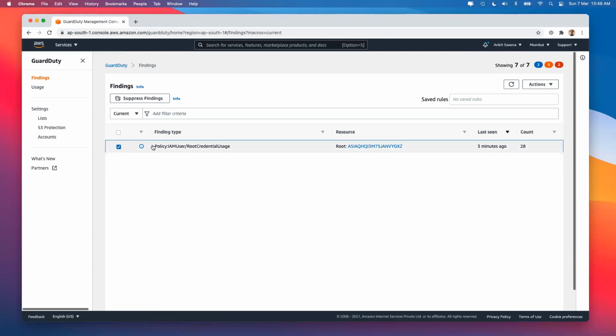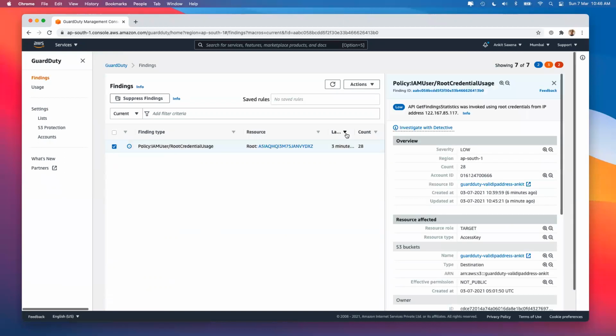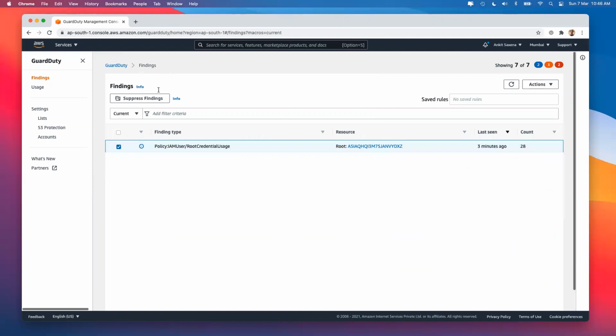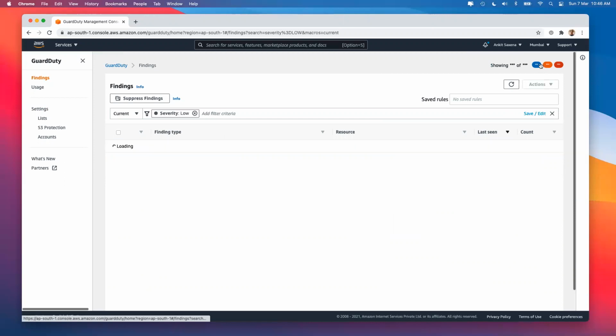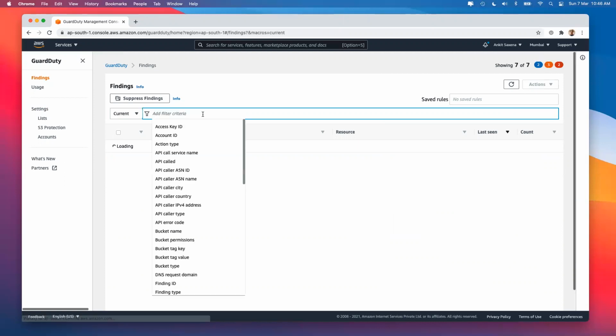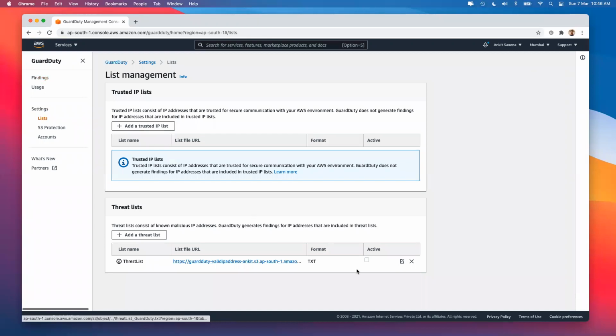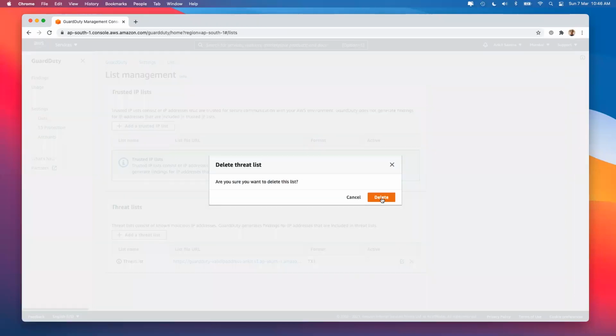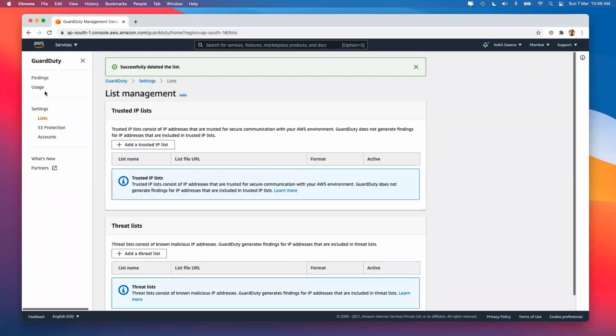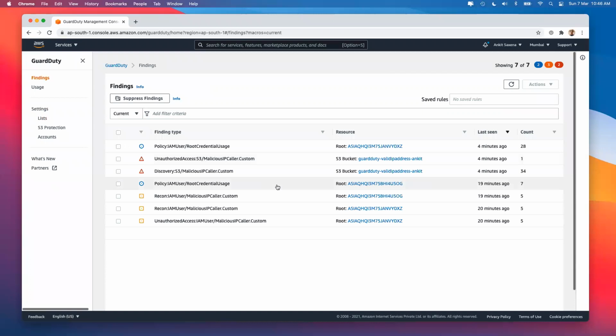Now if you see, almost all the policies that I had at that point of time are gone. The findings that I had are gone because now I have disabled the action. And based on the filter over here, you can also have a look at the severity, how much you want to add. Now removing that is going to show you all the findings that were triggered some time back. Now remember, by this point of time I have already disabled the list over here. If you want to remove, you can just remove this list again. It might take some time in removing the findings, but that is how it works.